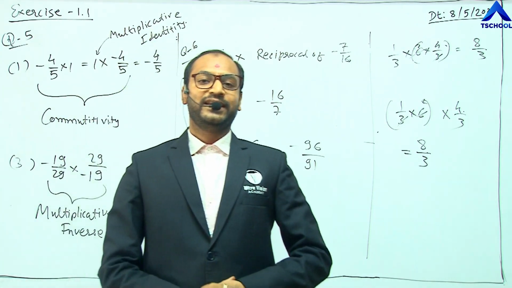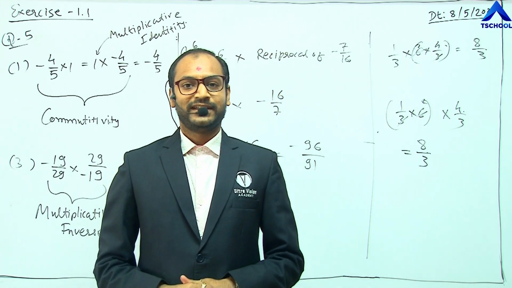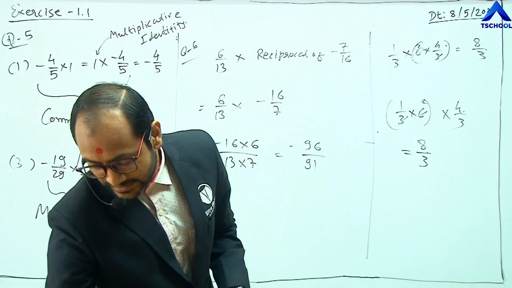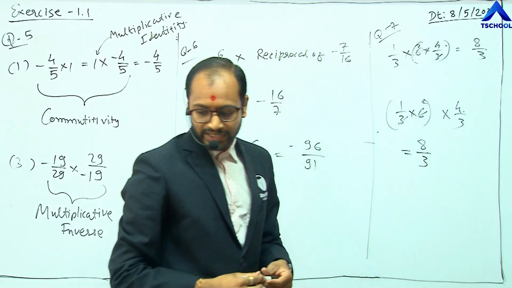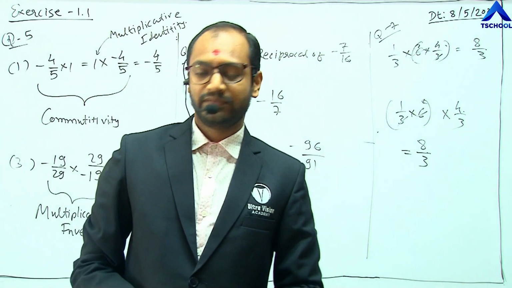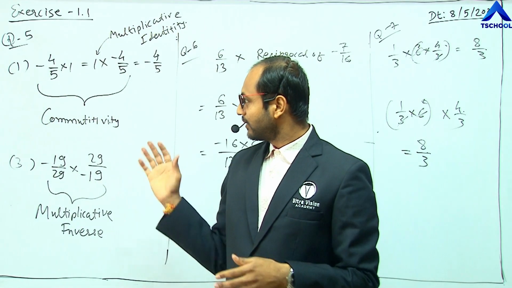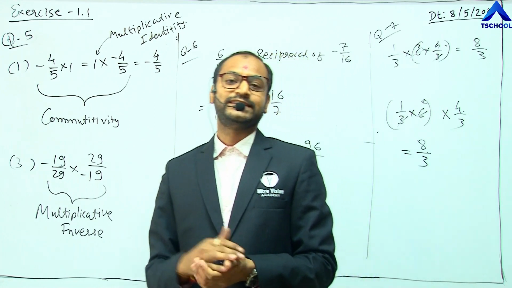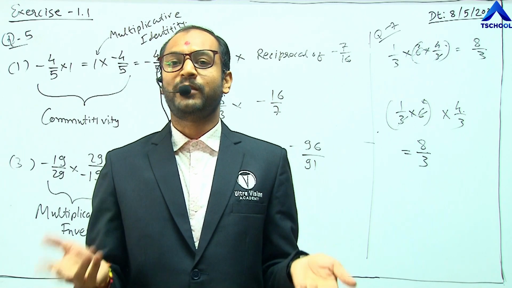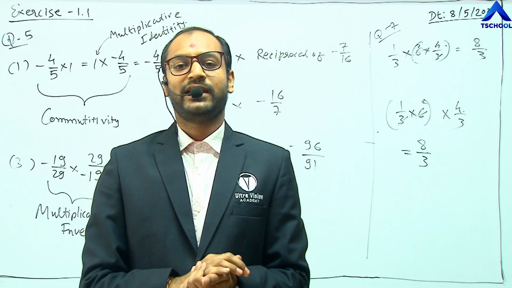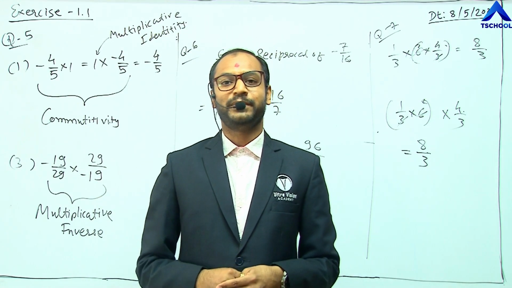So today we solved some problems of exercise 1.1 up to question number 7. This is question number 7. Next, questions 8, 9 and 10 we will do in the next lecture. So revise all these things and practice by taking random numbers that come to your mind. Okay. So thank you very much. We will meet tomorrow.